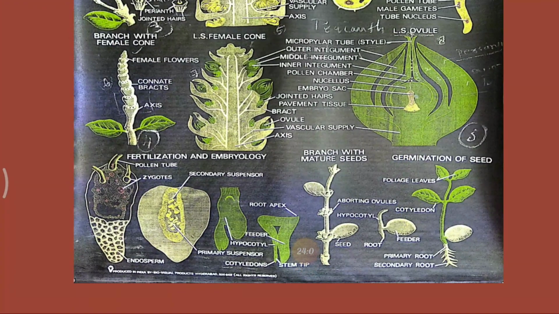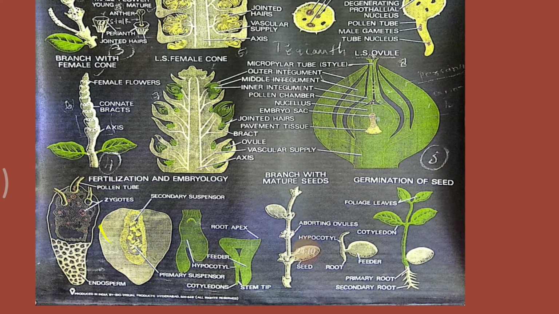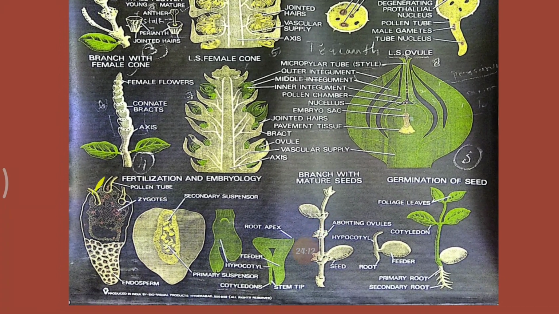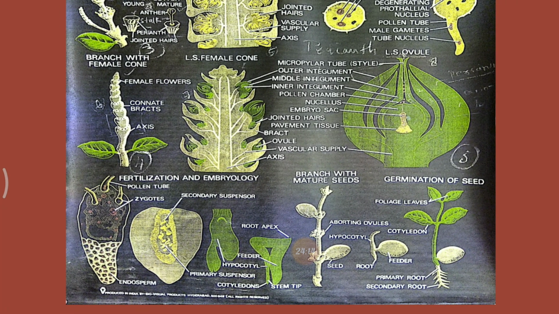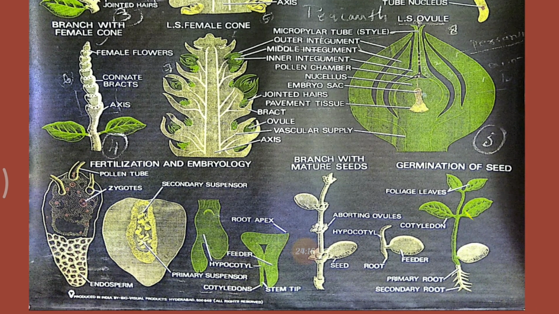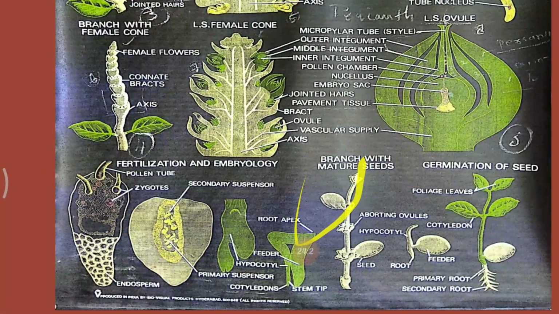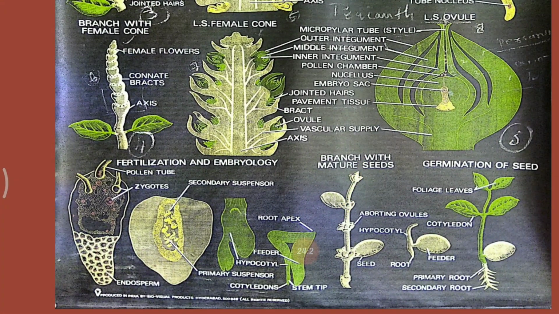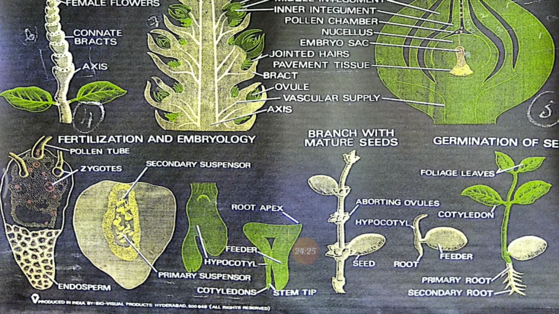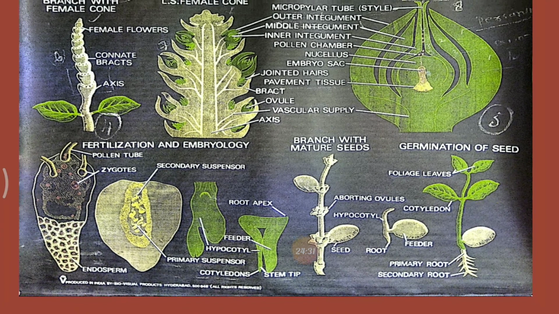This is the embryo formation. As the fertilization is taking place, you can see how the pollen enters inside the endosperm here. And this is a secondary suspensor here, and later the mature seed, with the hypocotyl region and the root visible here. So this is how a new plant will grow as the seed formation takes place. Thank you.